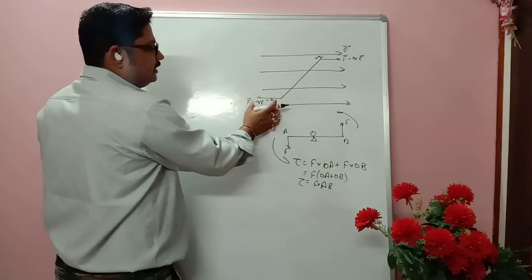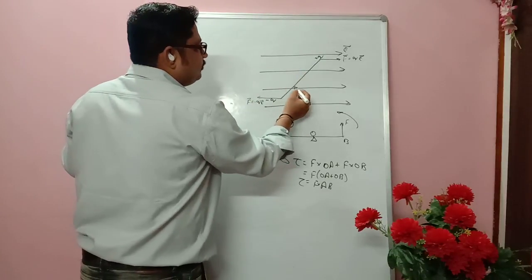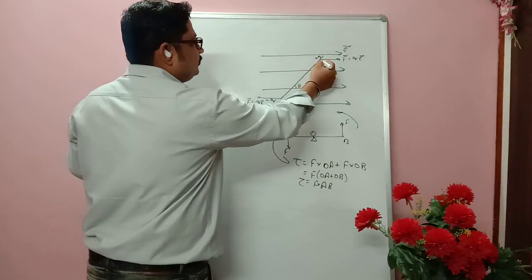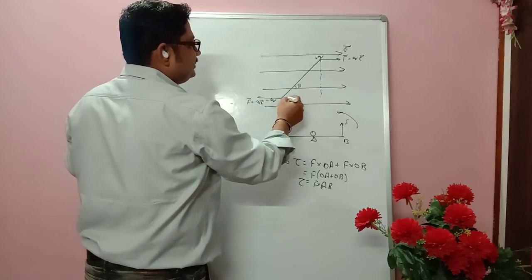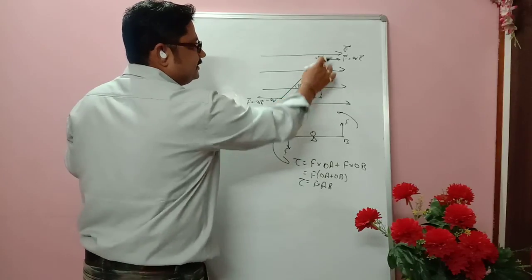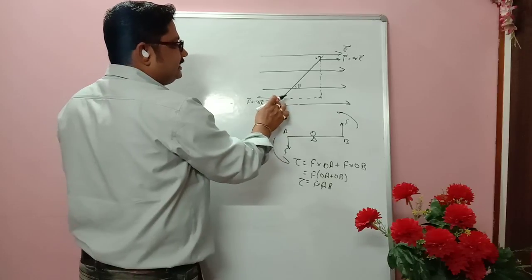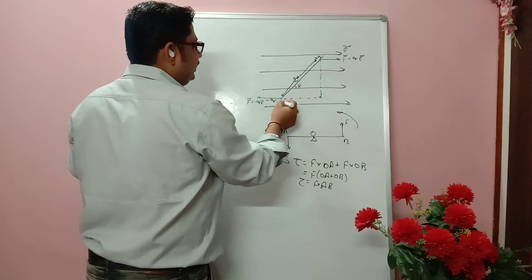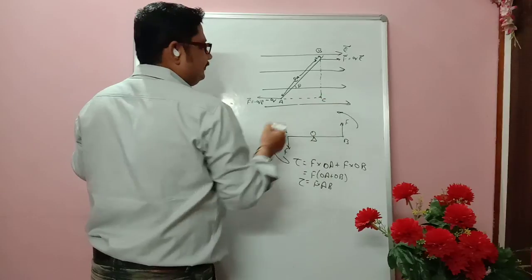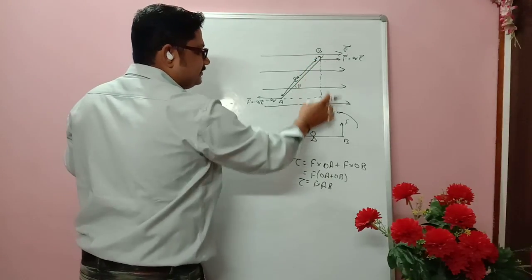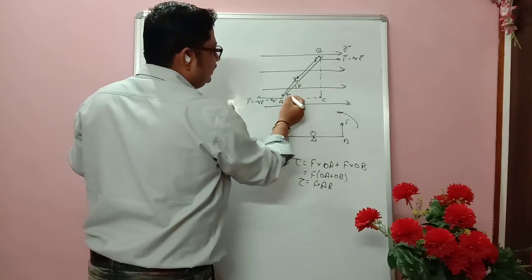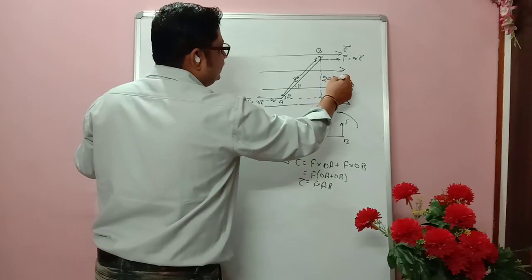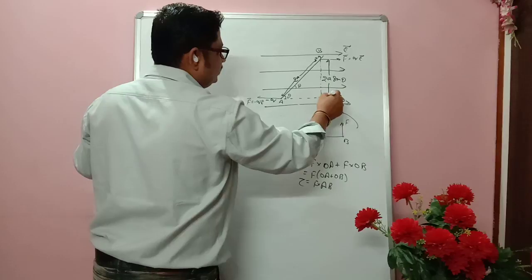Similarly, this couple is working because of opposite directions. Suppose the dipole makes an angle theta with the electric field. Now this distance is the perpendicular distance. As we know, the separation between minus q and plus q charges is 2a. This point is A, this point is B, and this point is C. Now if you calculate BC, the perpendicular distance between the forces of the couple, with this theta and this 2a, the perpendicular distance will be 2a sin theta.